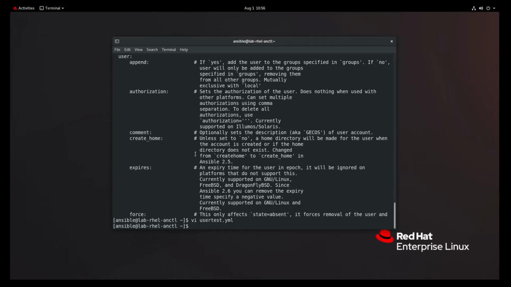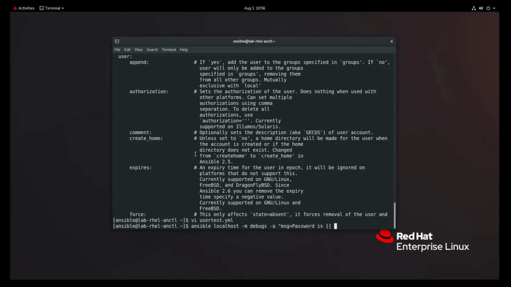Okay, so for generating the password, there's a filter called password_hash that we can use for this. You can use your debug module to make this work. And I'm going to see if I can do it as an ad hoc command. Not 100% sure if I can do it as ad hoc. I might have to make a little playbook for it, but let's give it a try as an ad hoc command. So we'll just run this against localhost, and the module is going to be debug and argument. Let's do msg equals password is, and then we do our